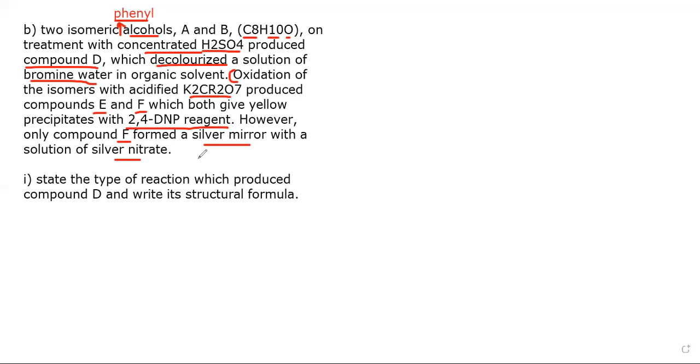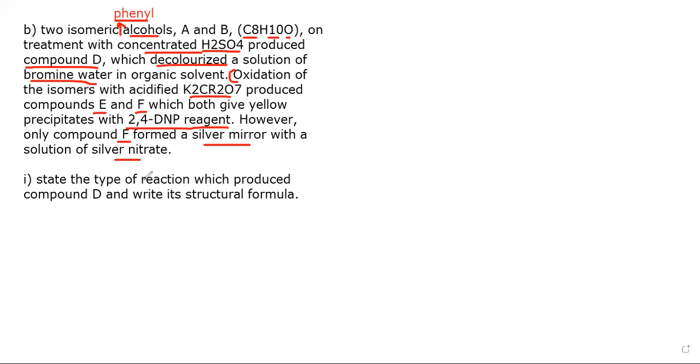So we know that one of these, compound F, is the aldehyde, compound E is a ketone, and compound D is an alkene. A and B are both alcohols, not the same alcohols. Now, the first question,